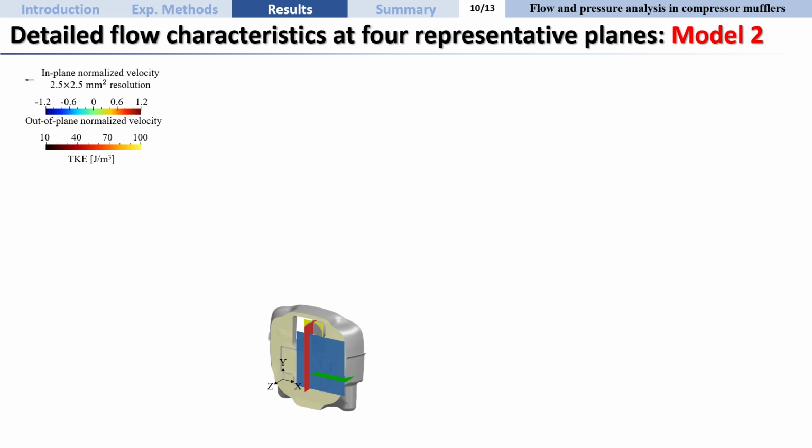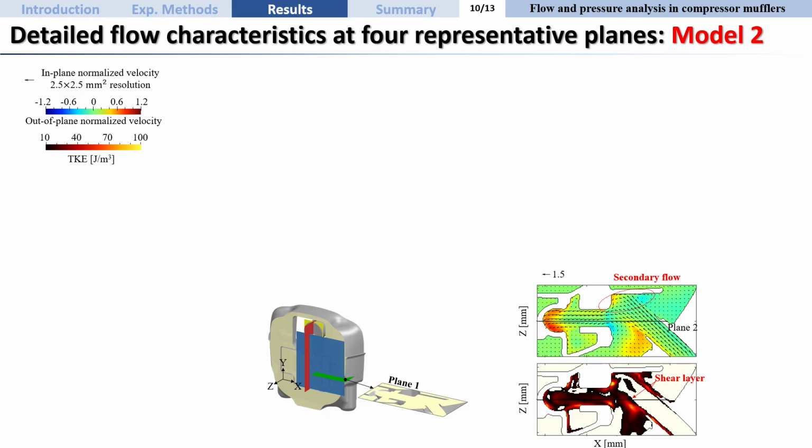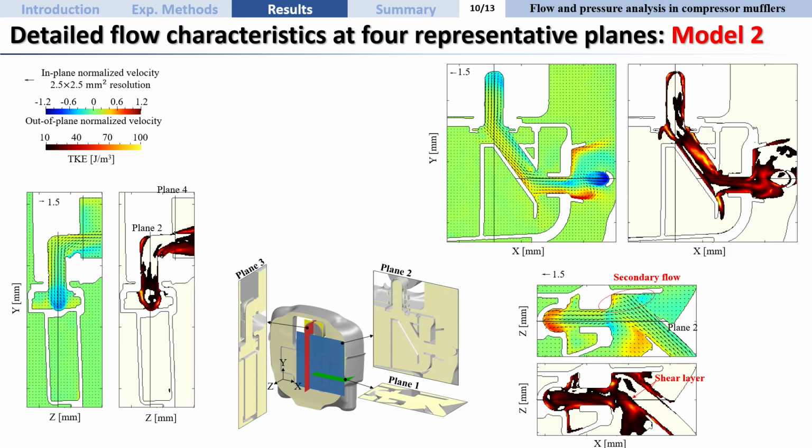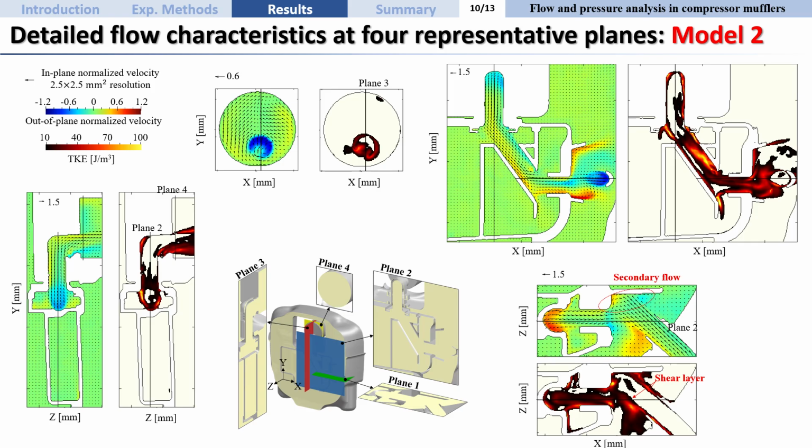Now let's see the four representative planes within Model 2. Plane 1 is located just after the inlet, and plane 2 is here, and plane 3 and plane 4. These planes allow us to analyze the complex flow structures like the flow separations in the inclined passage,